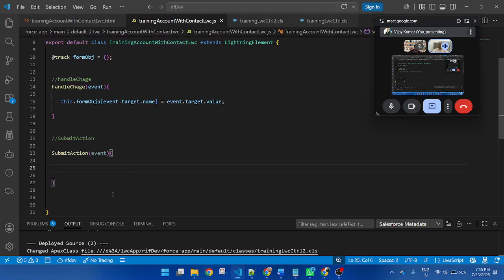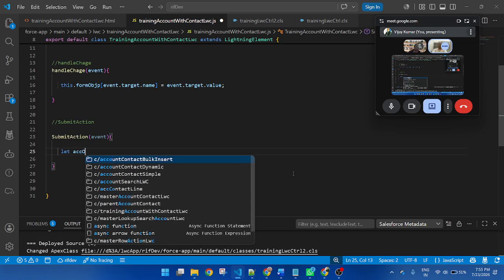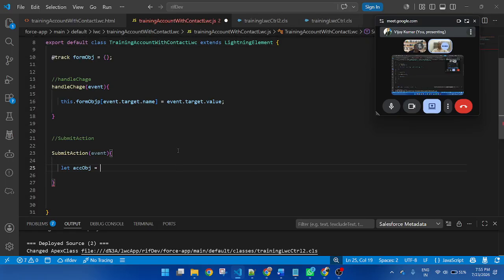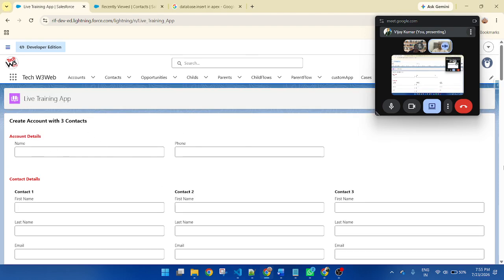So first let me check, store the value of the account object. So let's declare let for account object.